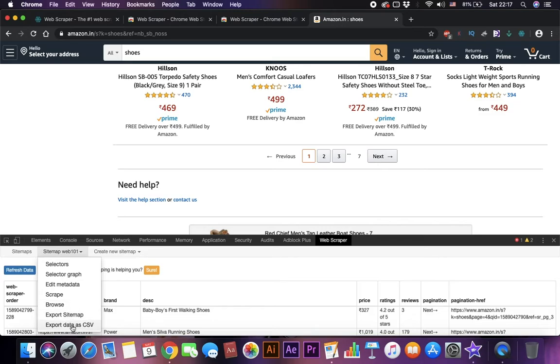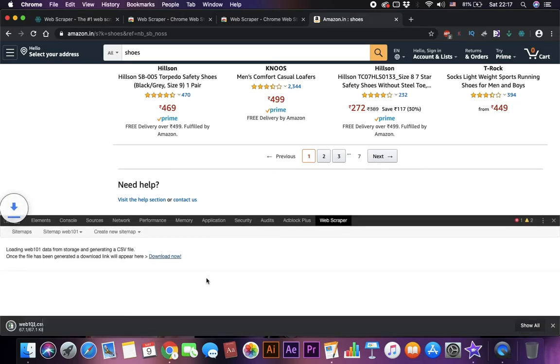You can extract this data as CSV. Now you can go ahead and scrape any website you want.